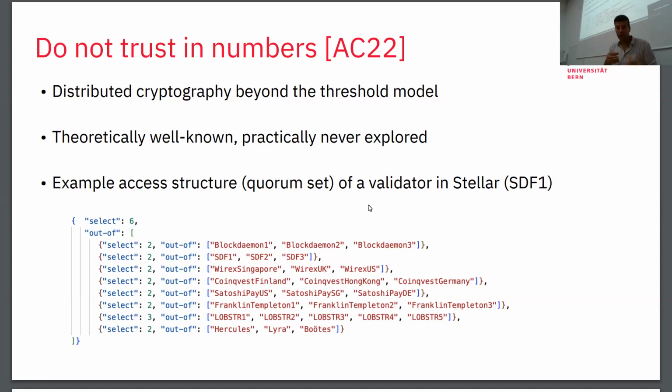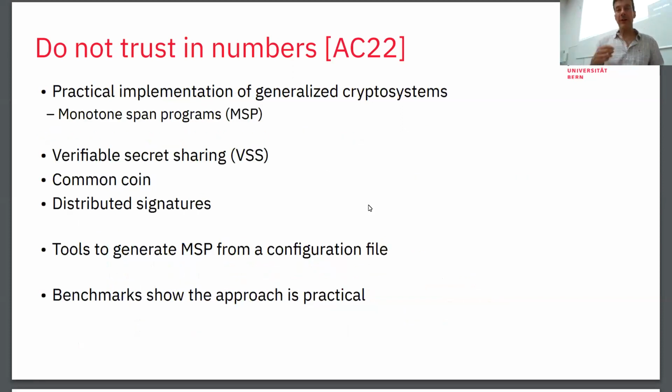And now what we do with our distributed cryptography work is we take such a config file and turn it into a monotone span program generator that will output the linear algebraic model for checking this and for doing cryptography with it. We assess a verifiable secret sharing. It's a technical tool that's used inside distributed computing a lot, but it's a prerequisite for doing distributed signatures, threshold decryption, and common coins. Common coins means unpredictable randomness implemented by the system, but now according to this trust structure.